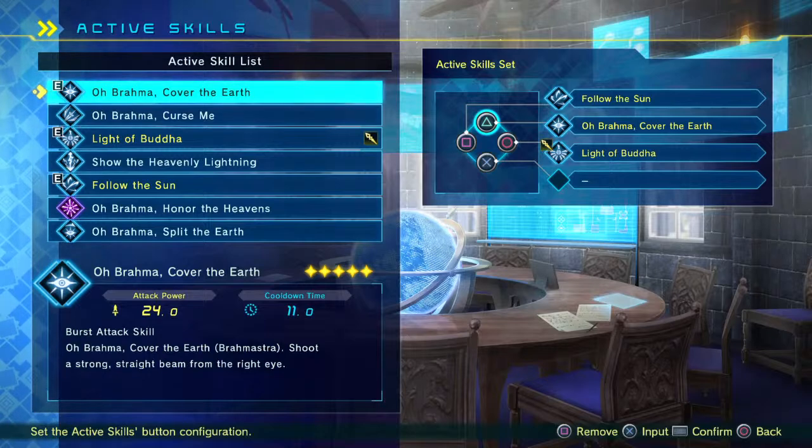It's very useful. Plus, on top of that, you need this or the Obrama Split the Earth for the trophy. If I'm not mistaken, it's called, what's it called? I'm too lazy to look it up. If I'm not mistaken, it's called something like a true hero kills with his eyes. And I am gonna